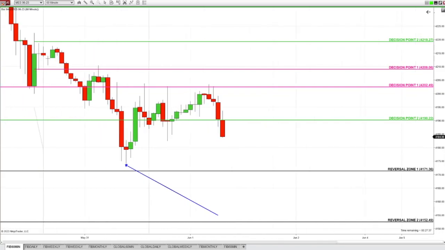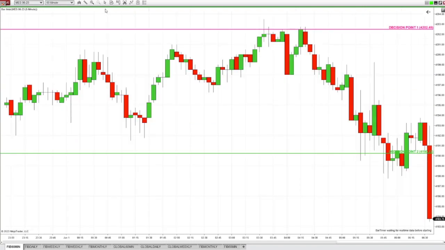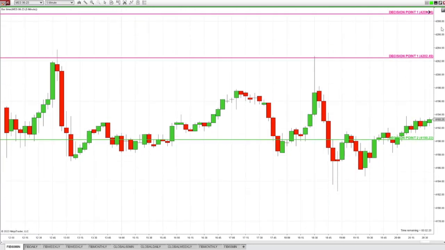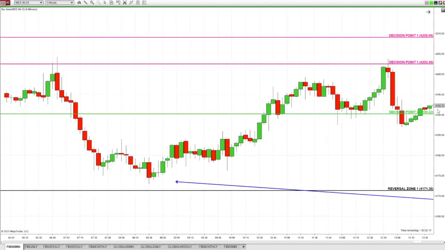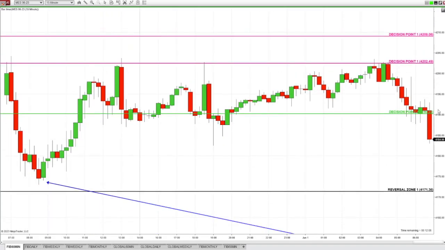Have you seen this reversal? When I'm in a private mentoring session with Joe, we discuss saying there is only one option to buy from this level. So if I convert this chart to 2, to 3, to 5, in case you missed the events of yesterday, we knew all of this far in advance, the only option to buy from. And again, if I convert to 10, to 15, to any chart, this is the market.